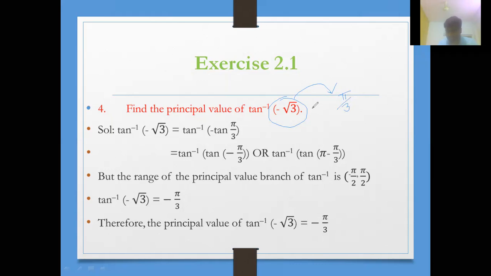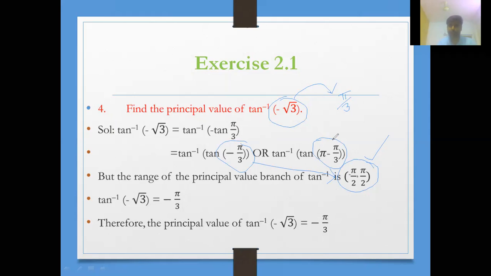First of all, whenever you are given tan inverse of something, you have to recall its range. So what is the range of tan inverse x? Minus pi by 2 to plus pi by 2, open interval. You have to remember this result first before writing the first step. Okay, now, so minus root 3 means, can I write as pi minus pi by 3 or directly minus pi by 3? Yes, I can write minus pi by 3 directly because minus pi by 3 lies in that interval or not? Yes.